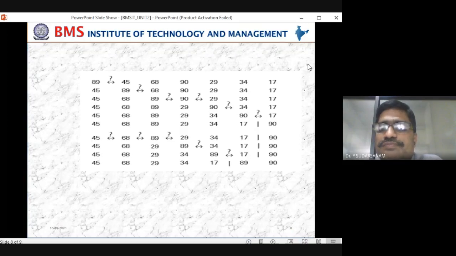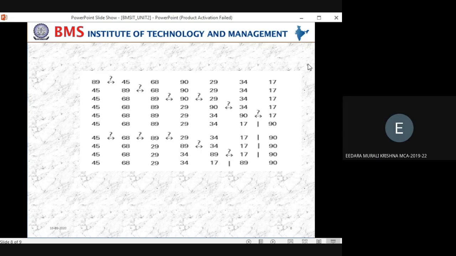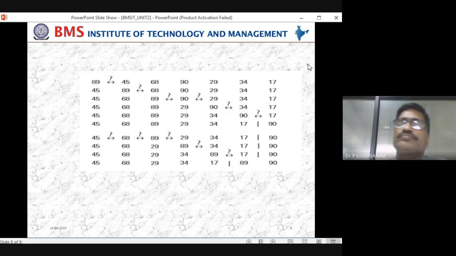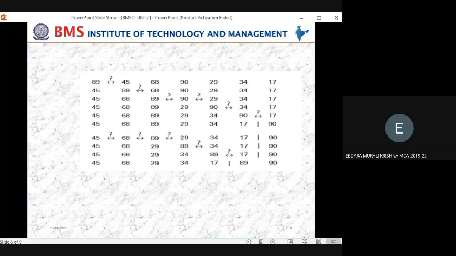Bubble sort. Sir, in bubble sort, we'll start from the first element, sir. Compare the current element with the next element in that array, sir. If that element is greater,